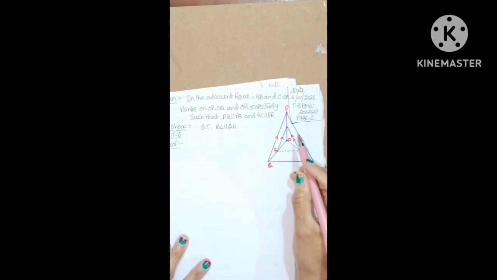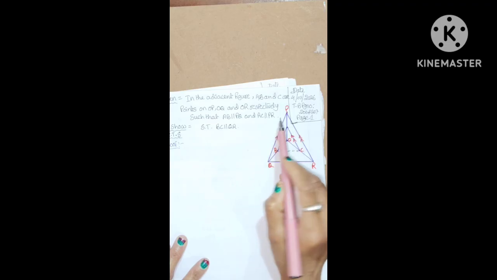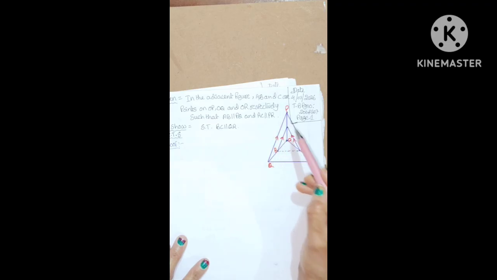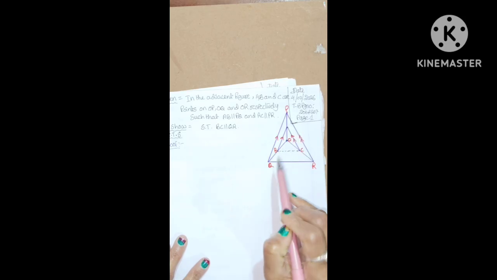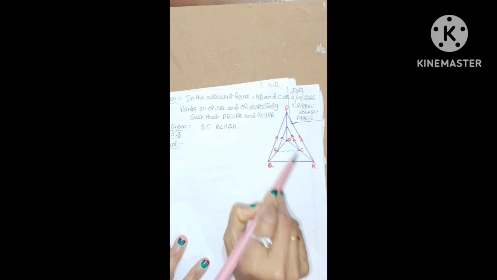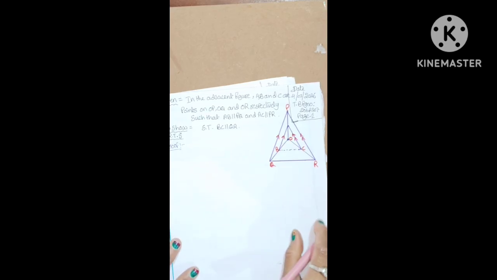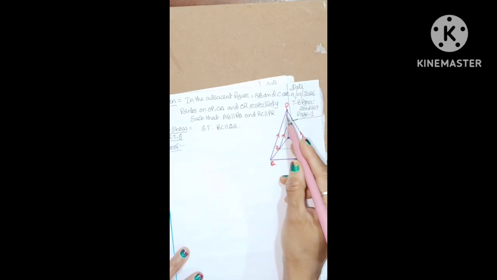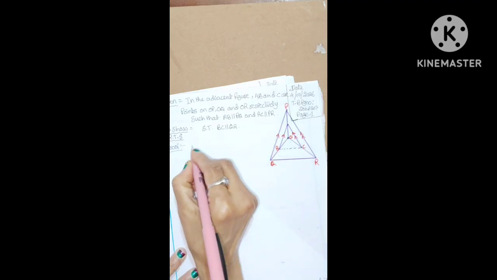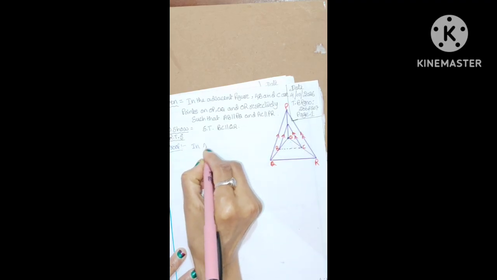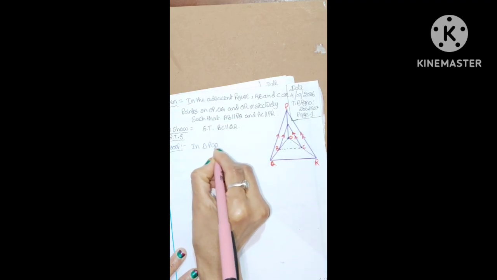First, look at this figure, Gagan. Here in the figure, let us take two triangles, one by one. The triangles are POQ, and the next triangle is POR. First take the first triangle, POQ. In triangle POQ,